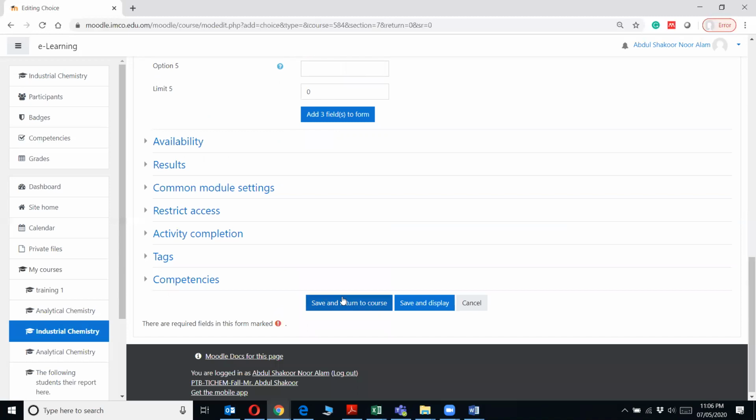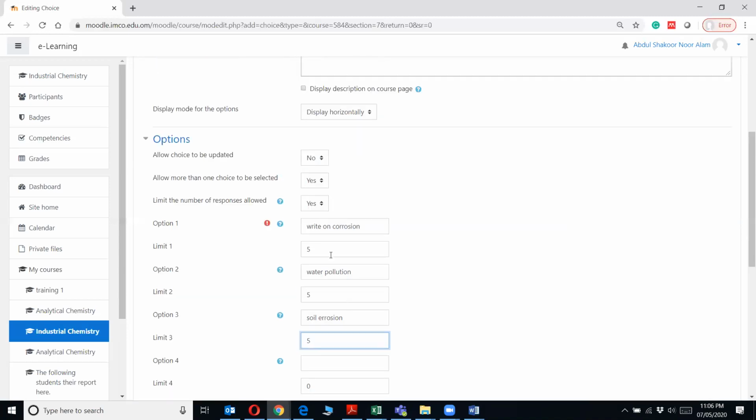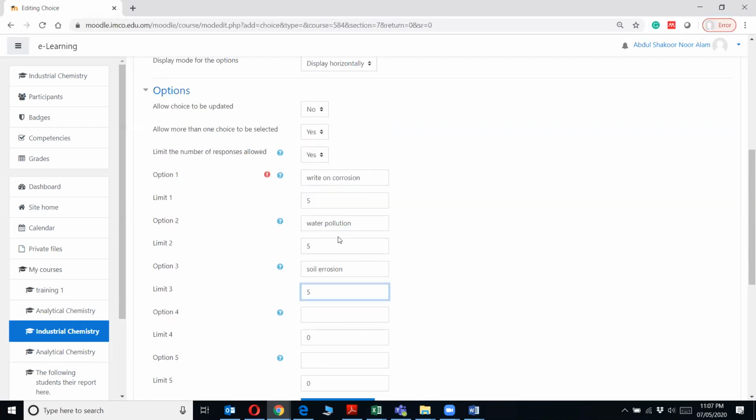Now I save the changes, correct? When I save the changes, those students who come first and click on corrosion, then after the limit this option will be blocked. Six students cannot choose this one, and the next 5 students will choose another one. Suppose you have 20 students and 4 options, so every option will get 5 students.